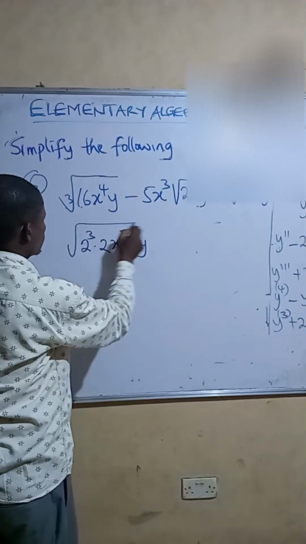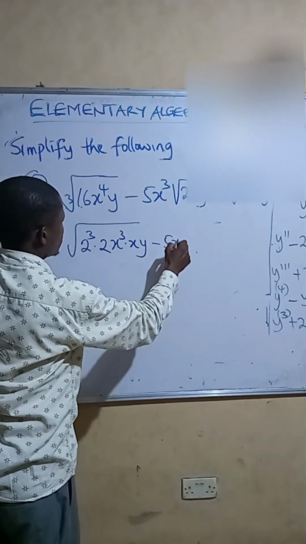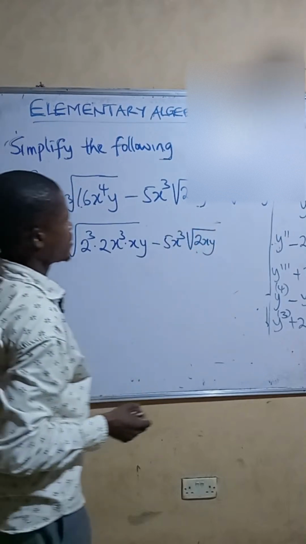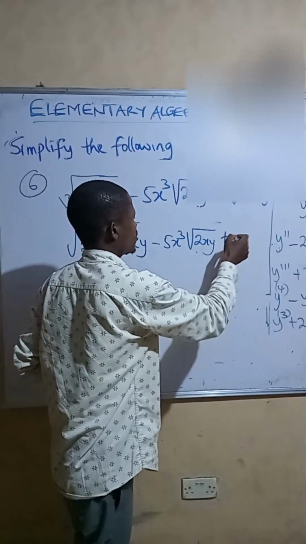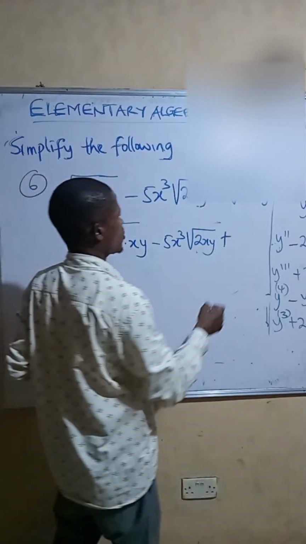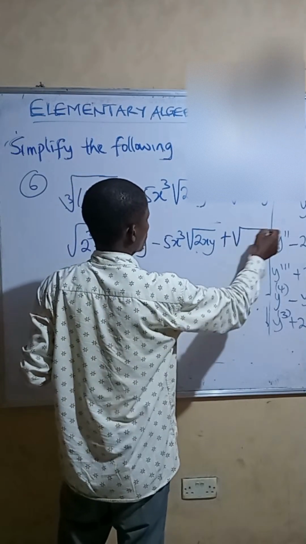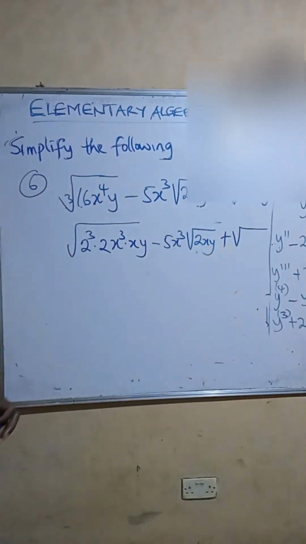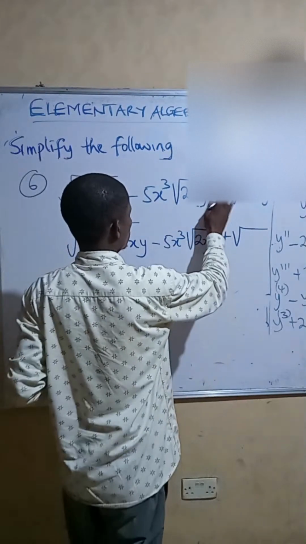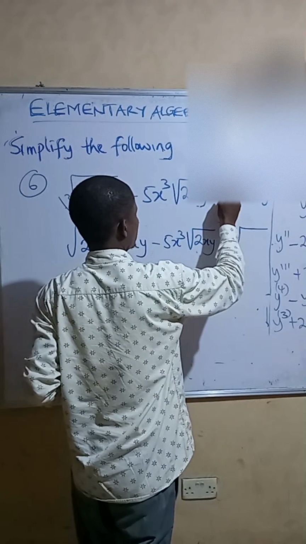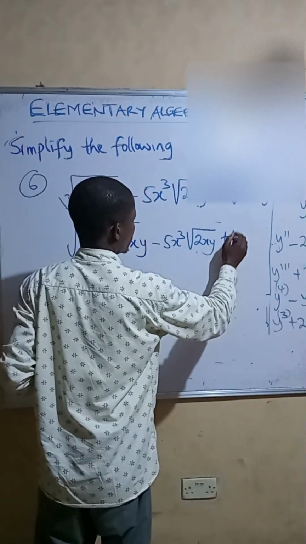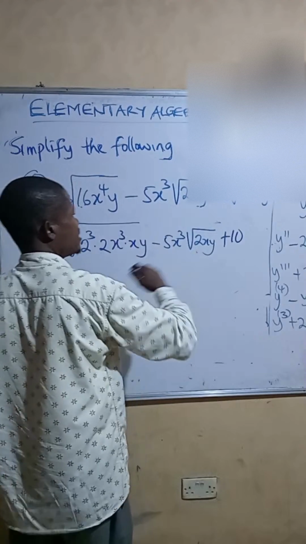Okay. Cube root minus 5x cube. This one, there's nothing we can do there. 2xy. This minus here, we can take it out. Become plus. Okay. Then we have what? Cube root of what? I think there is a value there. Let me check the question. There is a 10 here in the question. Minus 10. So this will become plus 10 if you take the minus out. And you have